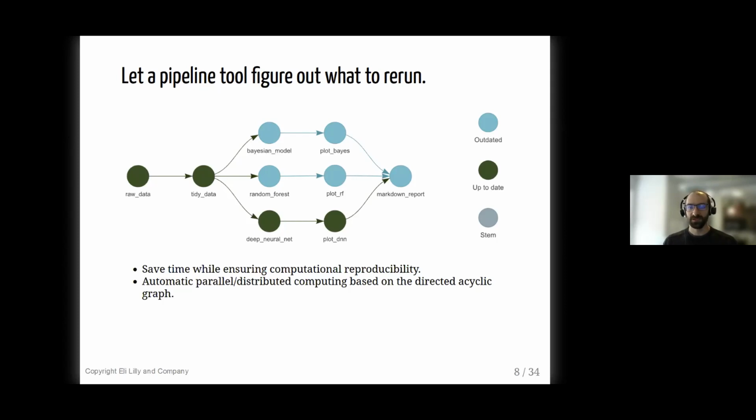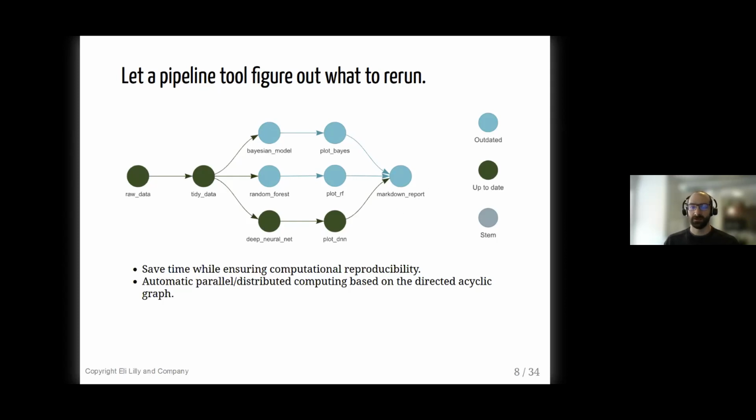So it figures out how the workflow is arranged as a whole, and then it can run the entire workflow, or the parts of it that actually need to run from left to right in this graph. It'll skip the steps that don't need to run, the ones shown in green here, and it'll automatically run the correct targets, the ones in blue here that are not up to date, in the correct order. And that means running the models before the plots, before the report in this case.